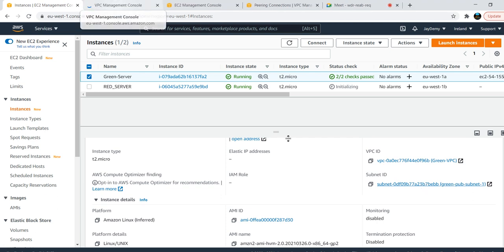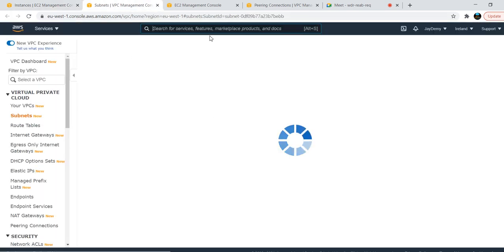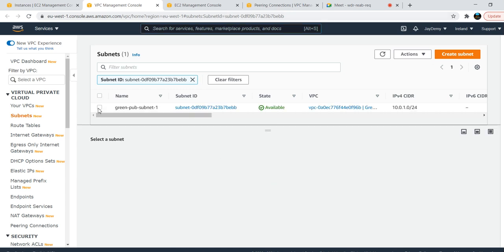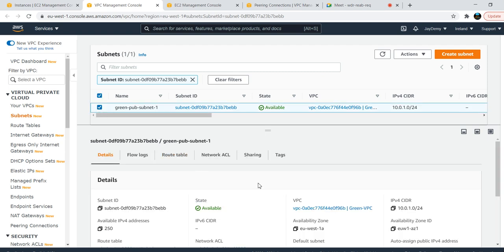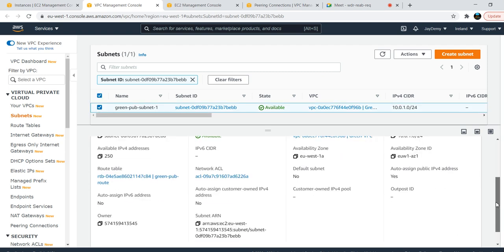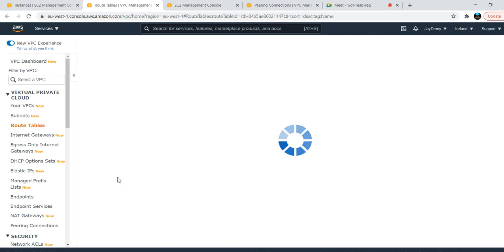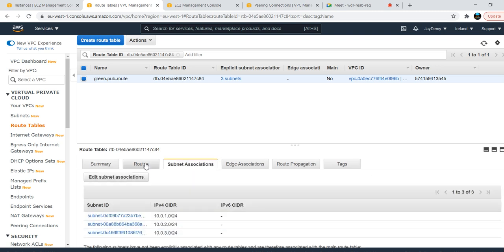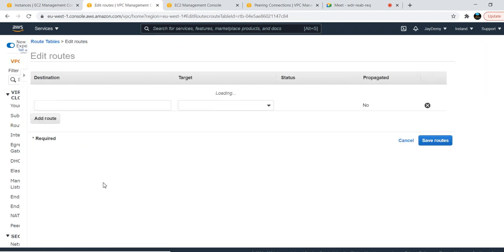So if you choose the subnet from here, that will be good, because you are modifying the subnet of the particular EC2 instance you created. Just choose this one and go down here. The route table is there. Click on this route table. Now you will see the subnet association of the same subnet only. Go to the routes, edit routes.